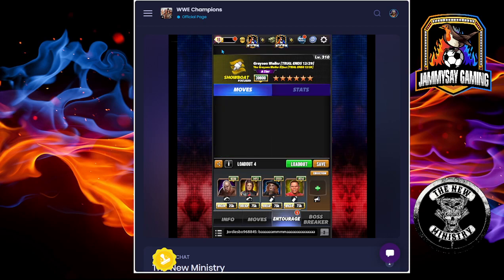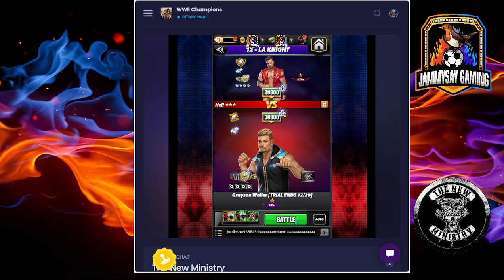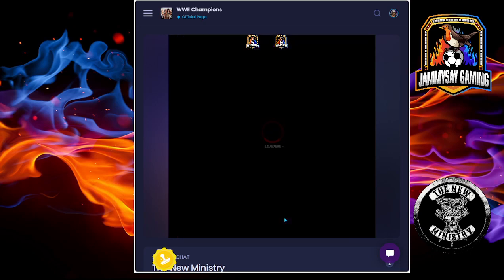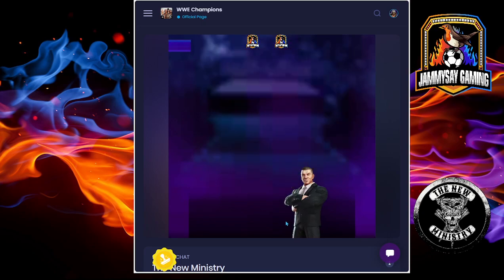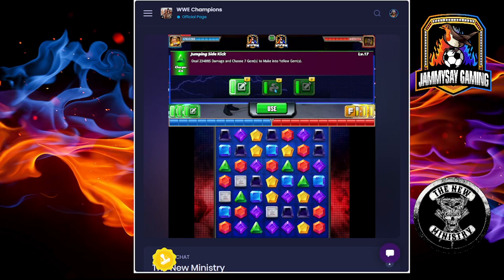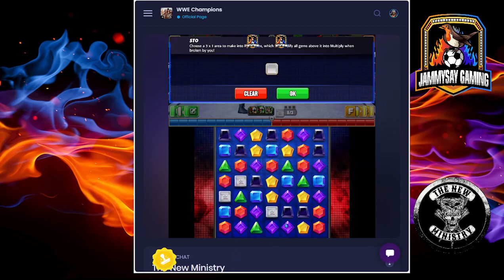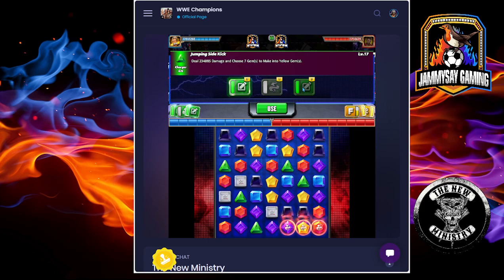So, final battle against LA Knight. This time with our 6-star moveset, so let's see what damage we can do with this. This one, Pyro Gems first, so that we get our multis. This one we are looking to pick up as many greens as we can, purely on the basis that when we lay out...